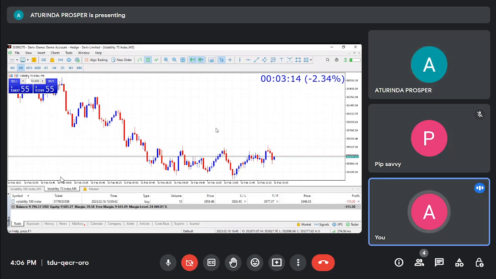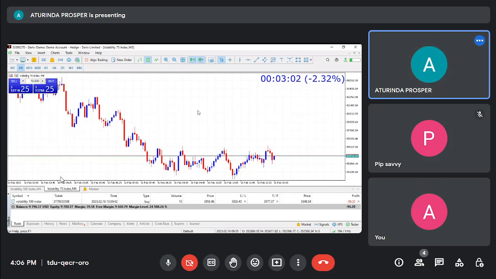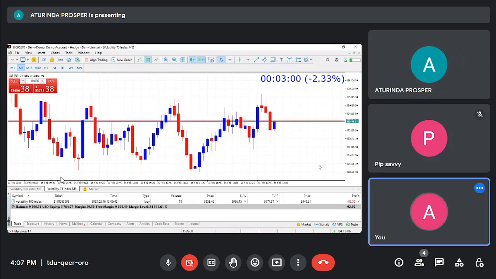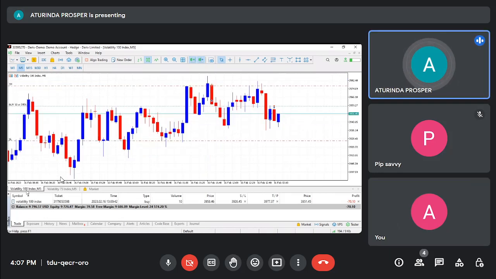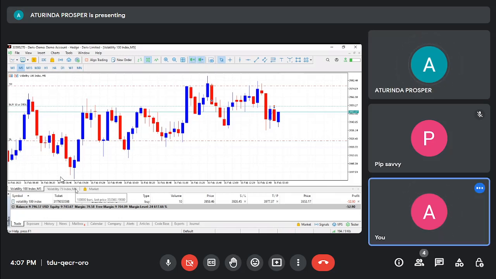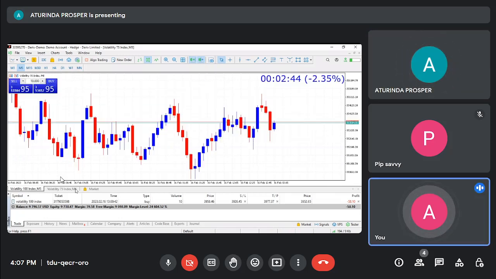But right now, on that one, what would you do here? What would I do? Yeah, first zoom in. But I'm already buying. You first zoom in there. This is a different asset, remember. Hey, this is different. I'm in this volatility 100. I'm not there in 75. So all of them have different properties. When you go to specifications, which you have to master. Don't master them, just put them in your head.